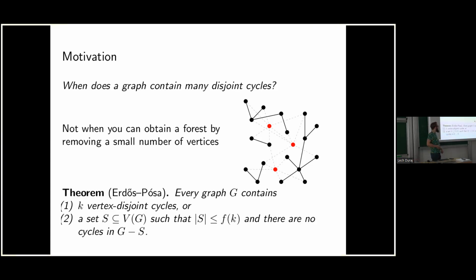The Erdős-Pósa theorem states that every graph G contains either k vertex disjoint cycles or a small set S, whose size is bounded in terms of k, such that there are no cycles in G minus S. So after removing those vertices, there are no cycles left. So it's a forest. And I'll just note that the optimal function f of k for this theorem is k log k. This is a well-known result, and